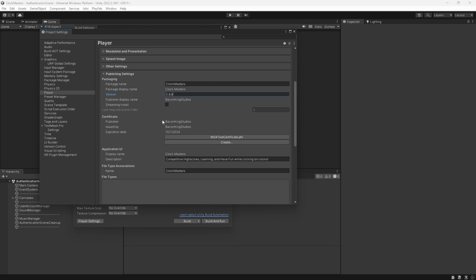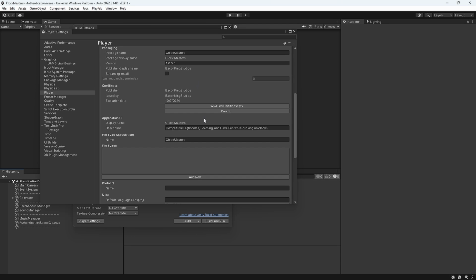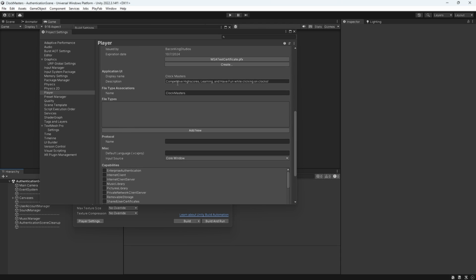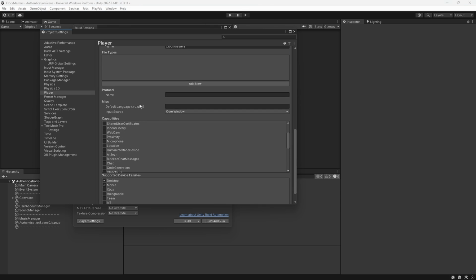And then for the certificate, if you don't already have that created, it should give you an option just to create it. So creating it here. And then you do the password and stuff after that. But I believe once you create it, it's linked up to your Microsoft account. But at the same time, I think that can also be changed within the Visual Studio side of things. And otherwise, pretty standard here.